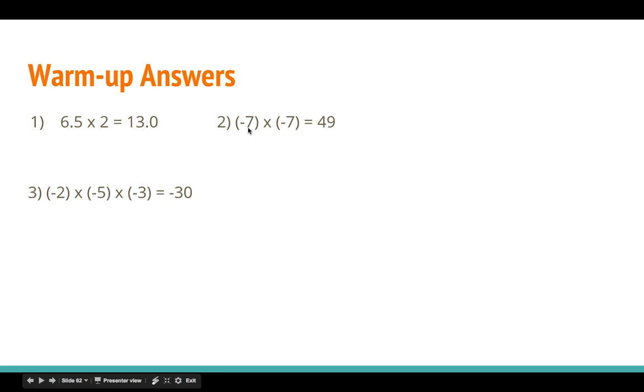Number 2, -7 times -7. And 7 times 7 is 49, and if you're multiplying two negative numbers together, if you follow the rule, you end up with a positive answer. Number 3,